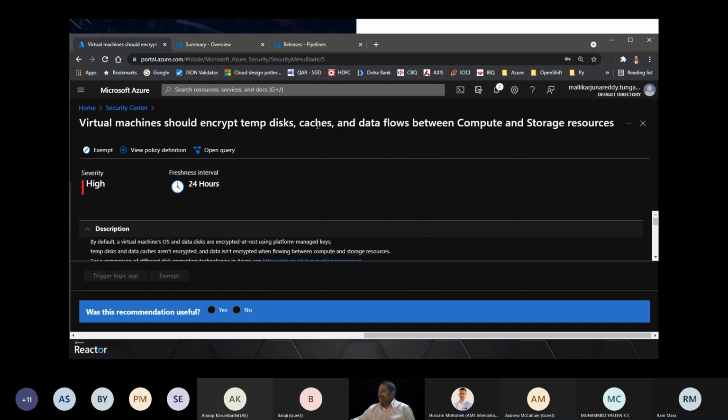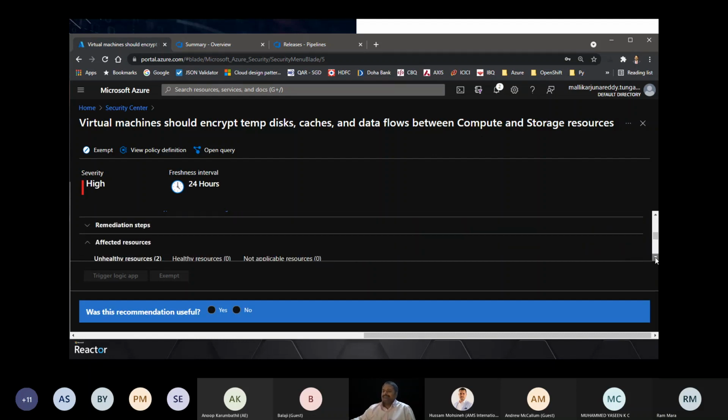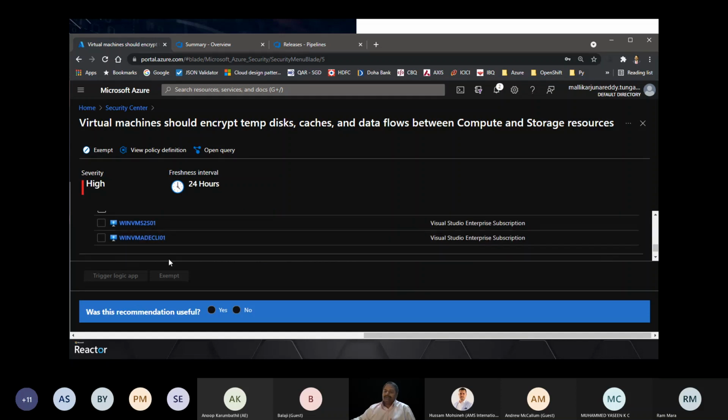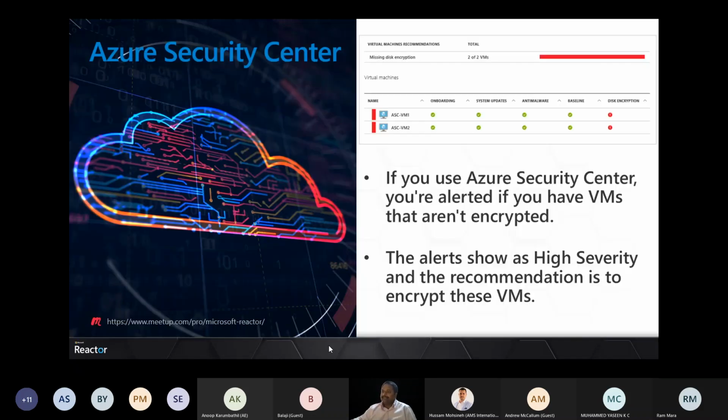Virtual machines should encrypt temp disk caches and data flows between compute and storage resources, right? So what is the alert talking about? See, it is showing the VMs which are not encrypted. This is how it will show you the alerts in the Azure Security Center.